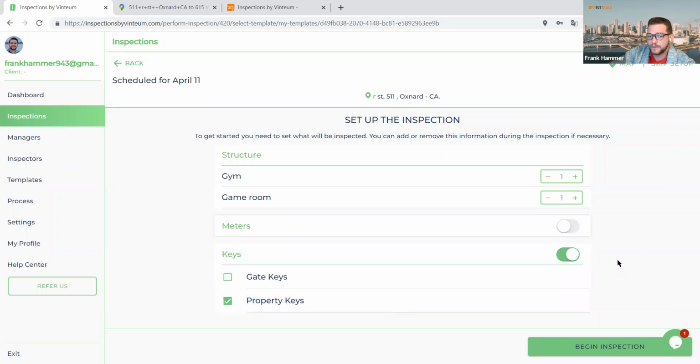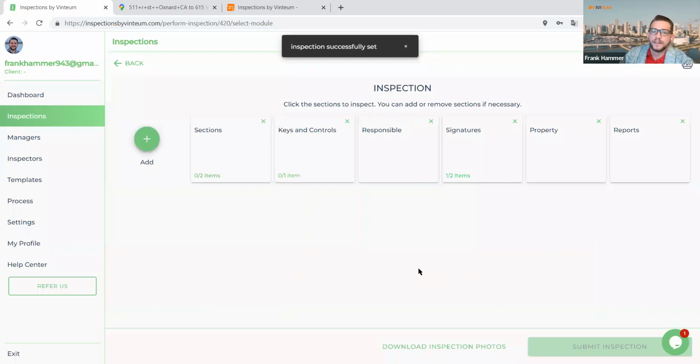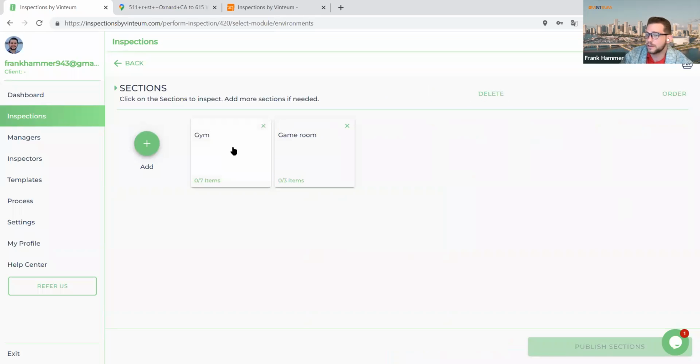I'll go ahead and add one of those items to the report and click on begin inspection. So now I'm going to go ahead and start the inspection. All these different tiles are populated here. I would have to go through each individual tile before I can officially submit the inspection. So I can click on sections here to start going through those individual sections, such as the